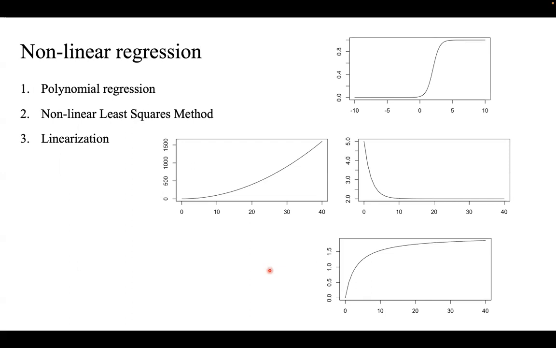Now, in this week, we start off with discussing nonlinear regression. And these are some examples of graphs wherein on the x-axis, you have the independent variable or the predictor, and the y-axis is the outcome. And you can see that this is not a linear trend. So the way we find out the exact equation to fit each of these models is through one